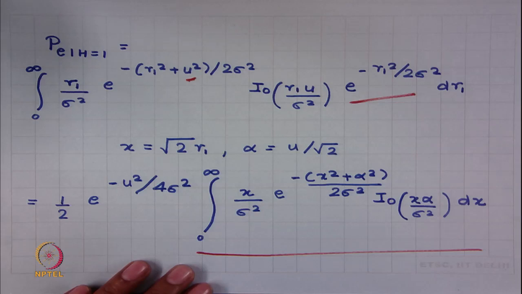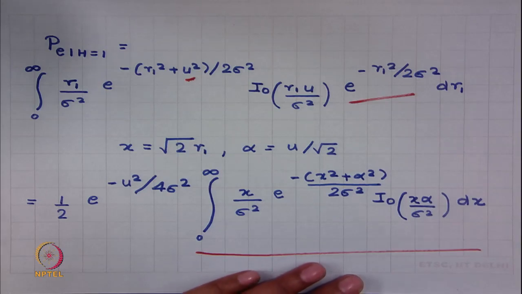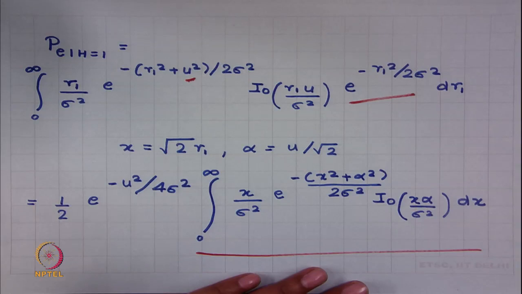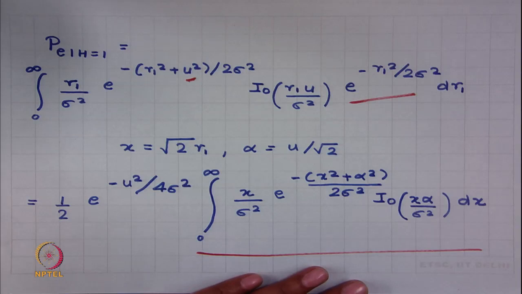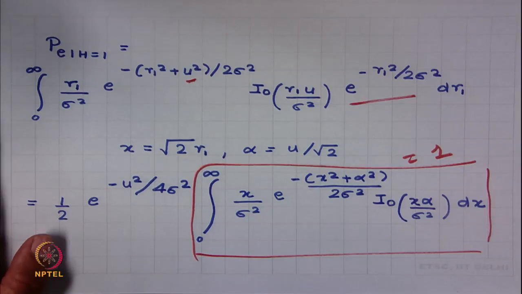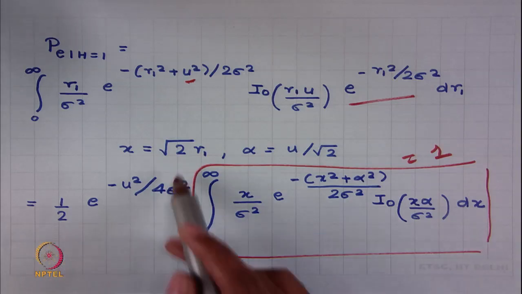And if you look at it for 10 seconds, you would be surprised that this is a very simple integration, because this is the formula of the Rayleigh PDF, and if you integrate any PDF between minus infinity and plus infinity, you get 1. But for Rayleigh PDF, because it can only take positive arguments, if you integrate this from 0 to infinity, this should be 1, because it is a probability density function, and thus we easily get rid of this integration and we simply get 1. Okay. So, my probability of error given hypothesis 1 is transmitted is this,